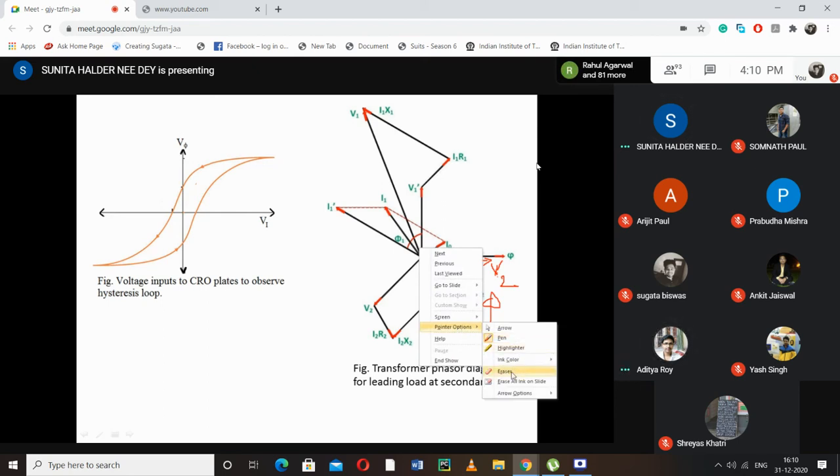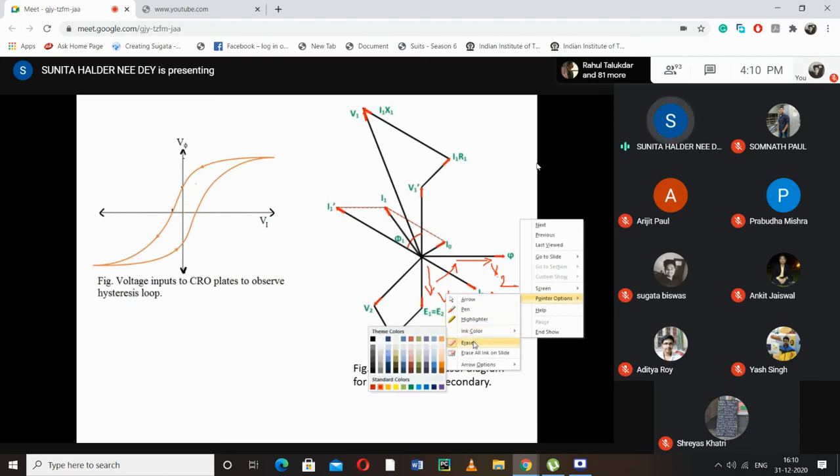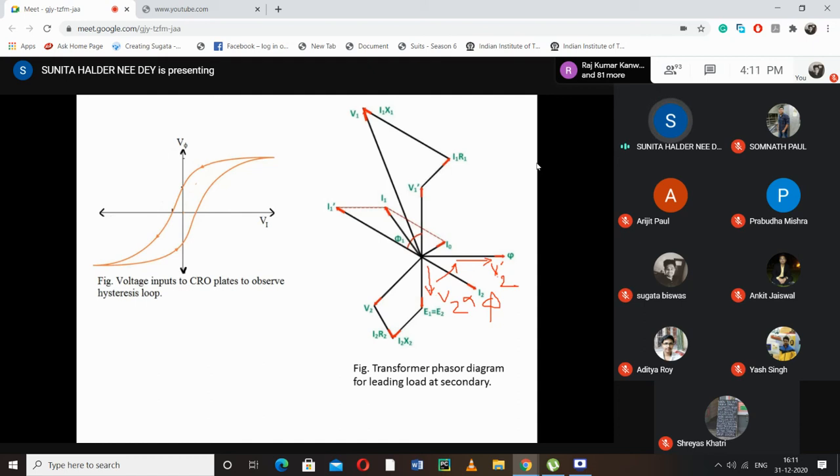Yes, ma'am. So only the voltage is not necessary, along with that its phase is also important. Actually, we need a voltage which will be 90 degrees leading from V2. So a 90 degree phase shift is required. That's why that 90 degree angle is important. So if it is VGX, then we are getting one voltage VGY, which is 90 degrees leading for the 90 degree phase shift, right? In that case VGY will be in phase with phi as well as proportional to phi, because VGY is a component of E2.